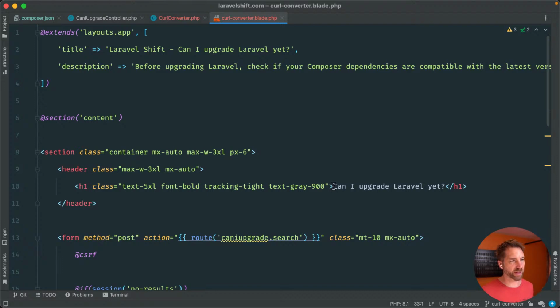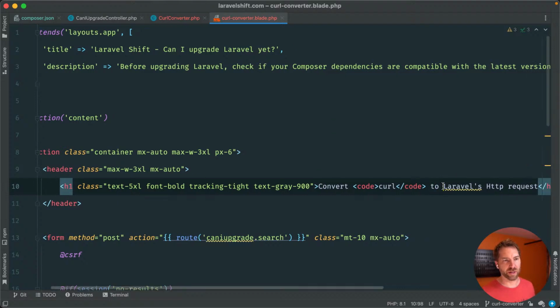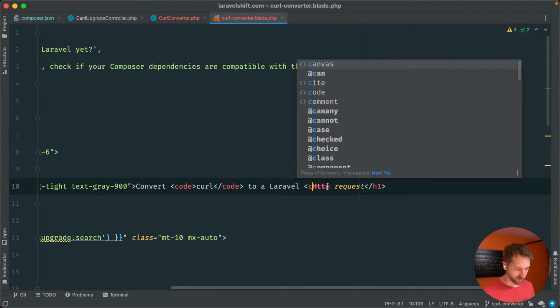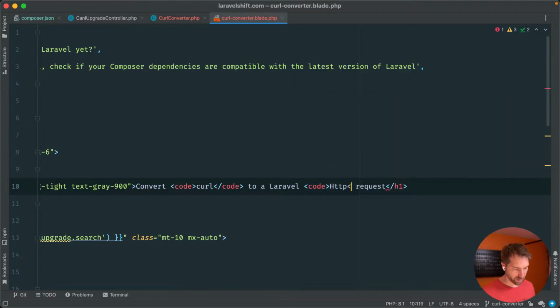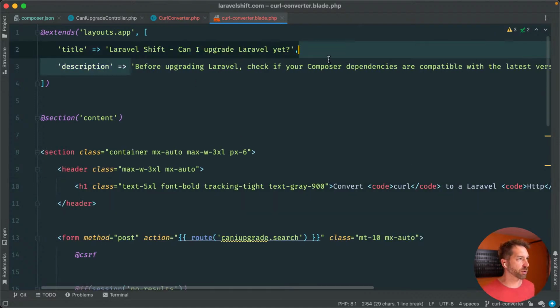Our front end's a little bit ugly, but convert, you know, curl, code curl to Laravel's HTTP to a Laravel HTTP request. There you go, cool. All right, let's code this up as well. All right, so again, we'll see kind of what all that ends up looking like, but